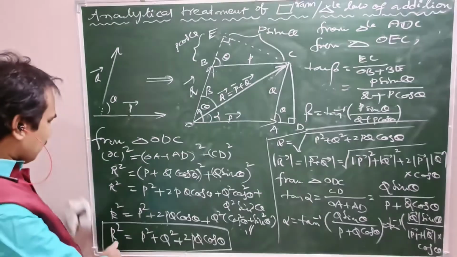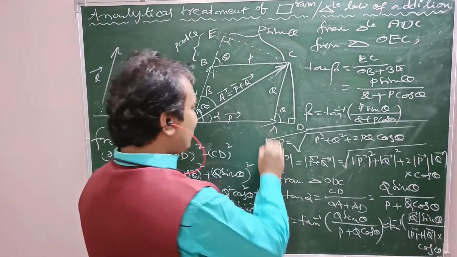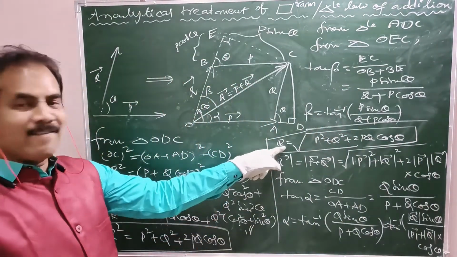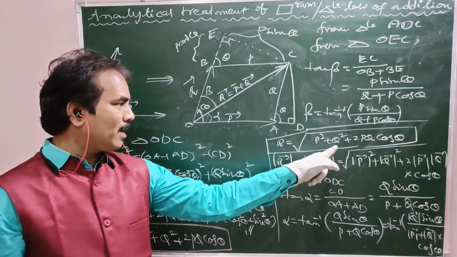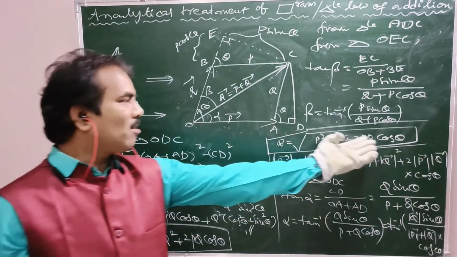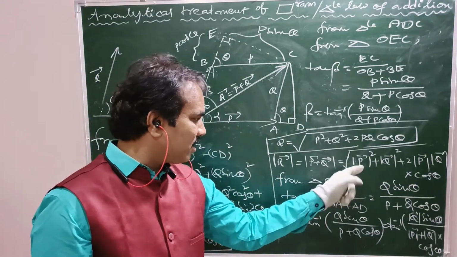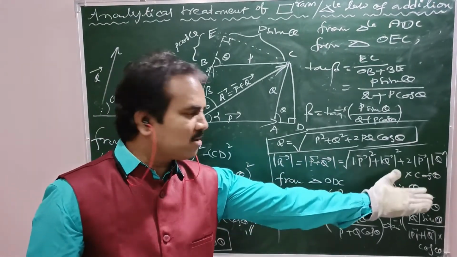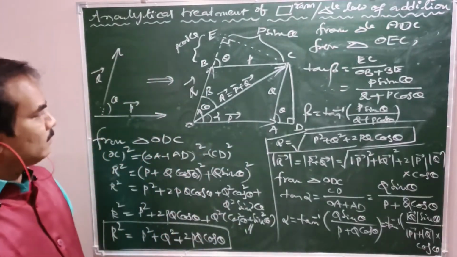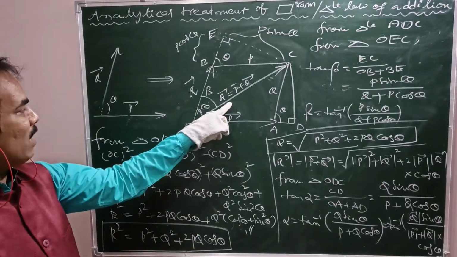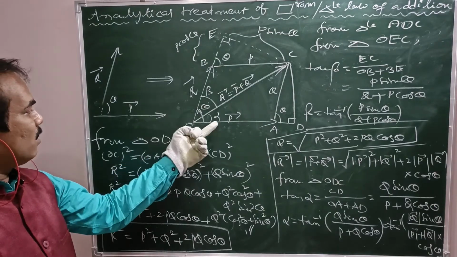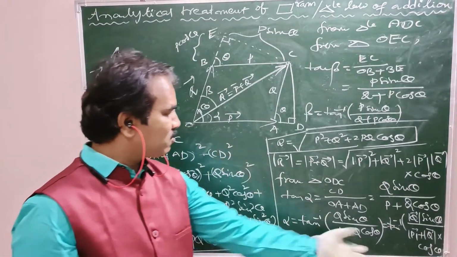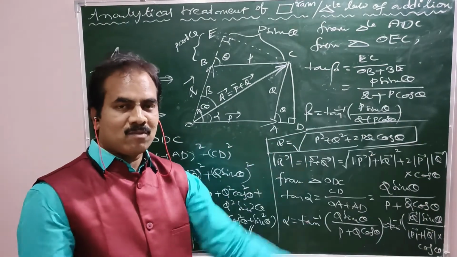Now, what is the magnitude of this resultant? That is R equal to, this is the magnitude of the resultant vector. Magnitude of resultant vector, that is R equal to root over P square plus Q square plus 2PQ cos theta. Same can be written as root over mod P square plus mod Q square plus 2 mod P bar mod Q bar cos theta. Right? What is the angle made by R bar with P bar, otherwise Q bar, you have to specify alpha, otherwise beta. Alpha equal tan inverse of so and so. Beta equal tan inverse of so and so.